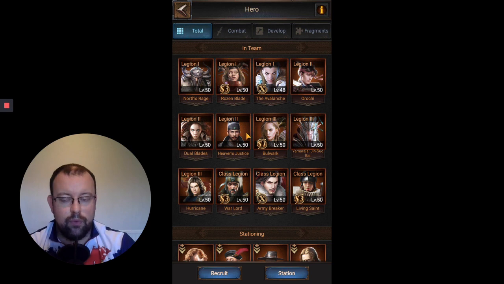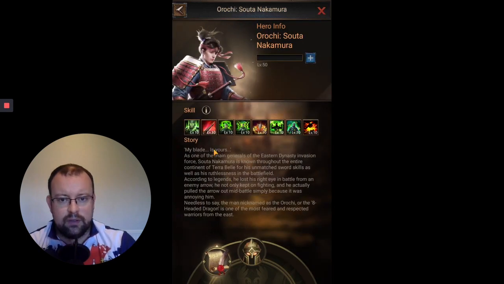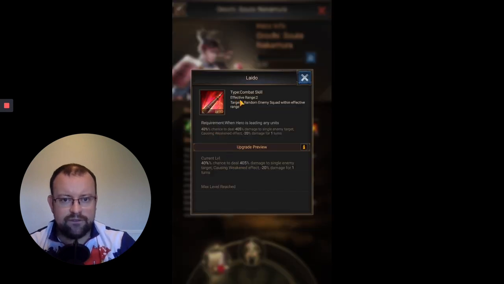You're more likely to get a benefit from their skills than your normal orange heroes, where there's a lower percentage. There's a couple of other points I'd like to talk about with these skills. One of the key things to consider with these combat skills is effective range, and this effective range is what determines, for an offensive